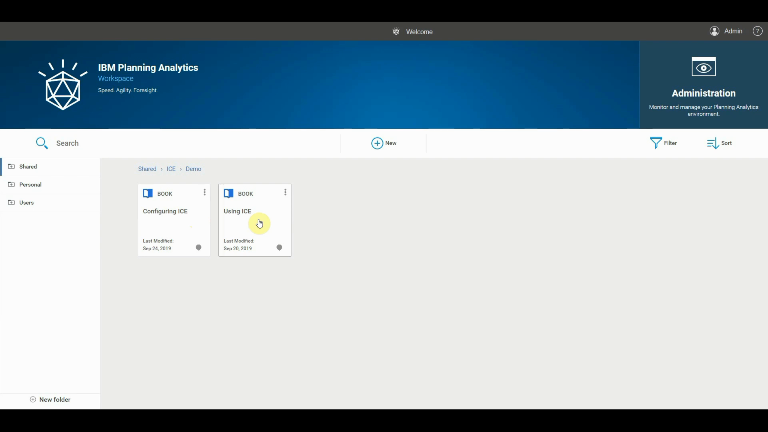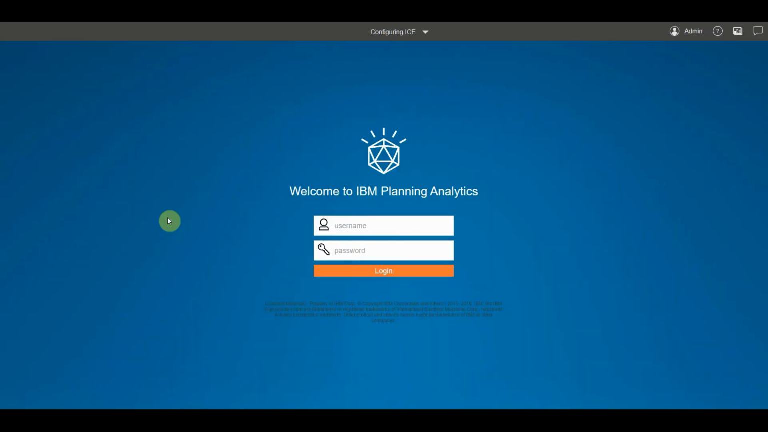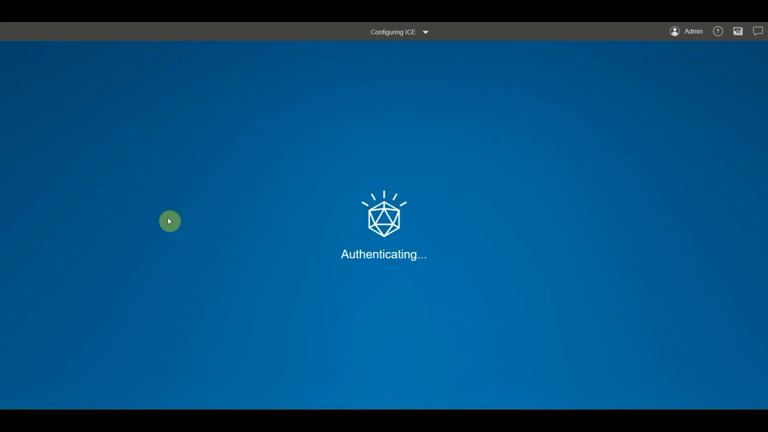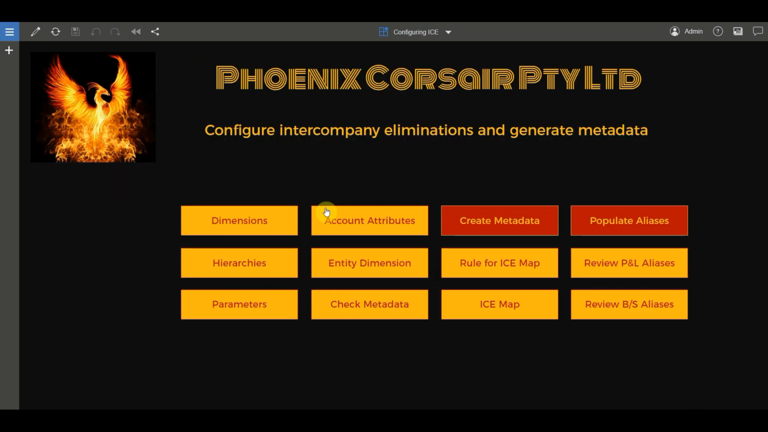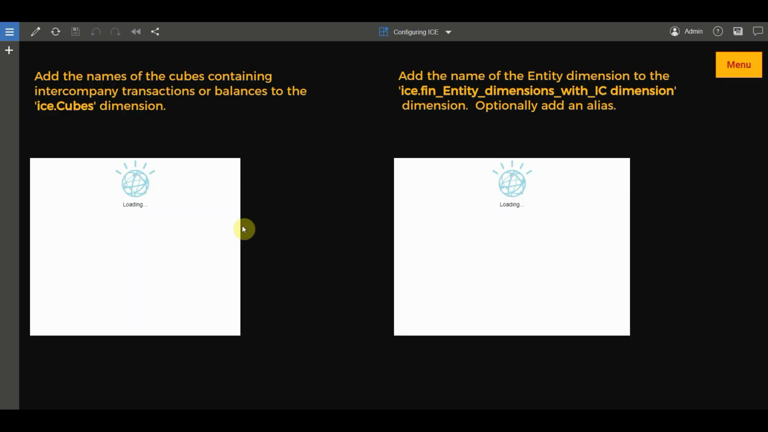And then using the intercompany eliminations module is your monthly processing, where you're loading your data and then running the process to eliminate the intercompany items. So we'll start with configuring the module. We sign into the application. Our example company is Phoenix Corsair Proprietary Limited, and we're in the configuring intercompany eliminations book, and we'll just work through the buttons. So for dimensions,